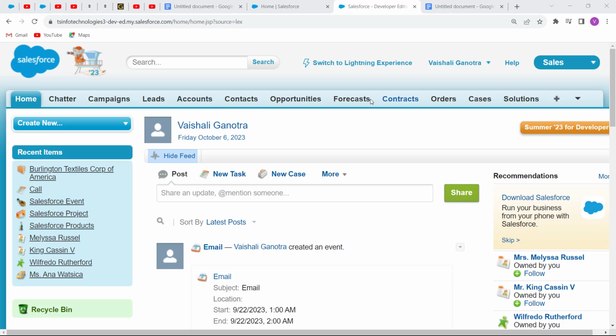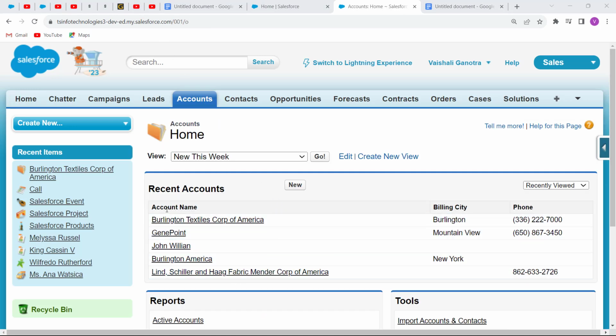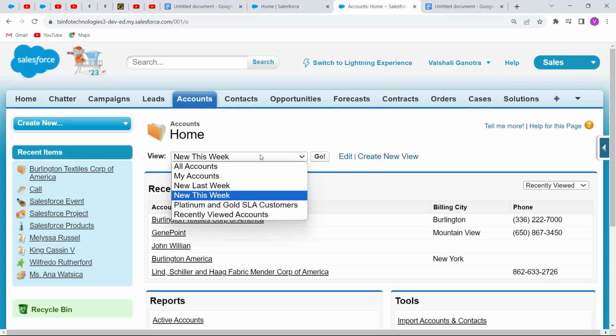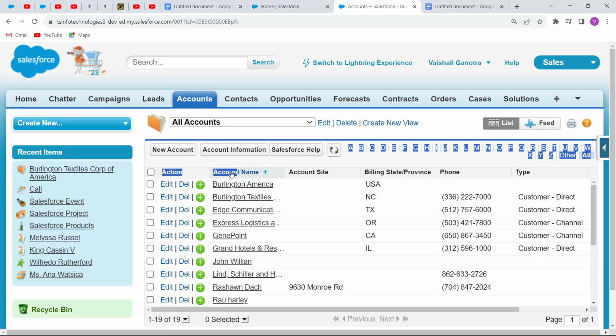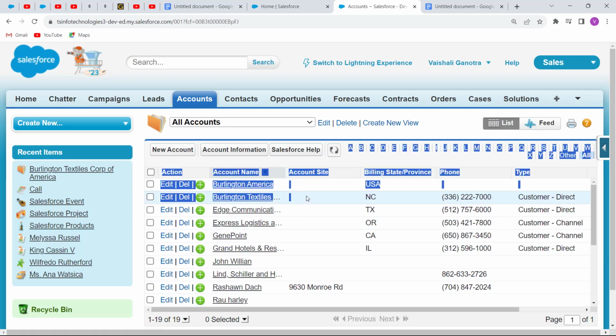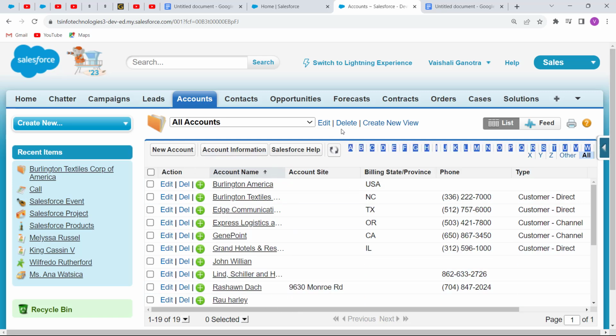Here we are selecting the account object. Click on the account object. The account record page is open. Under this page, there is a view that is already selected. We want to select the All Accounts view and click on the Go button. Our all accounts are shown under the account page, and if we want to create a new list view,